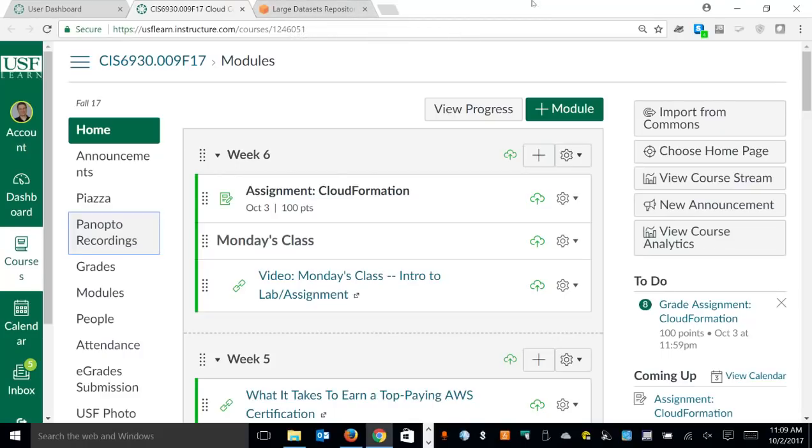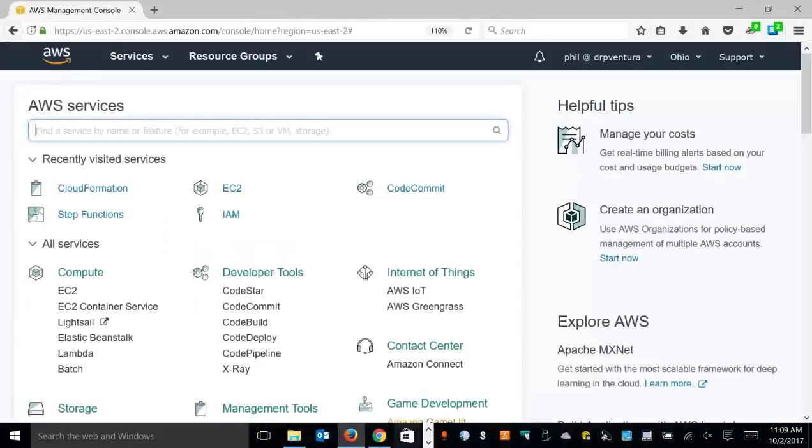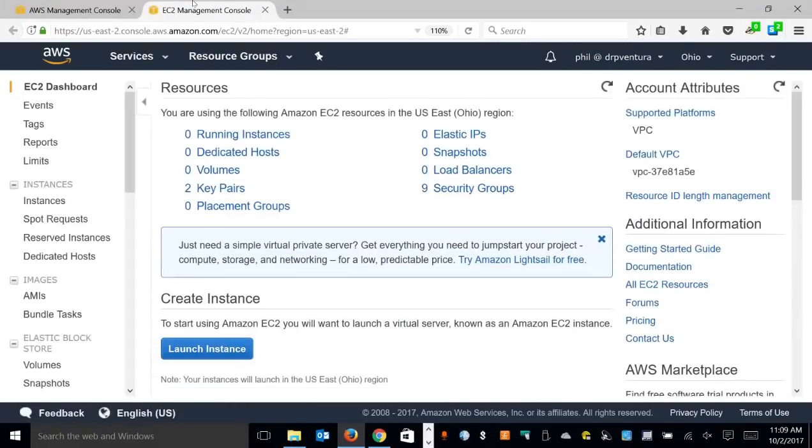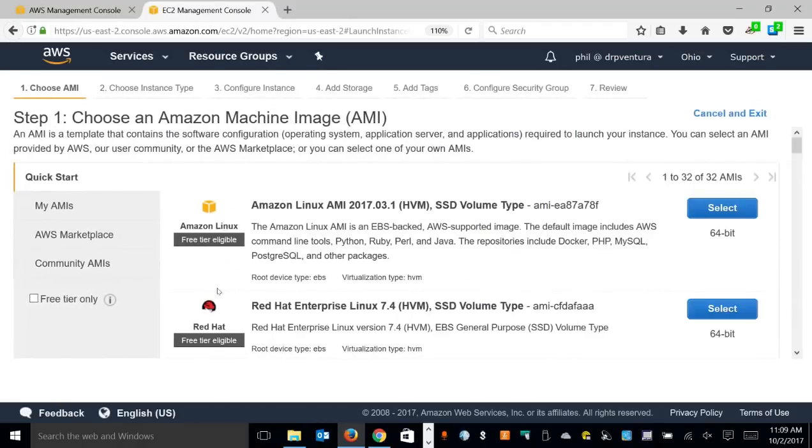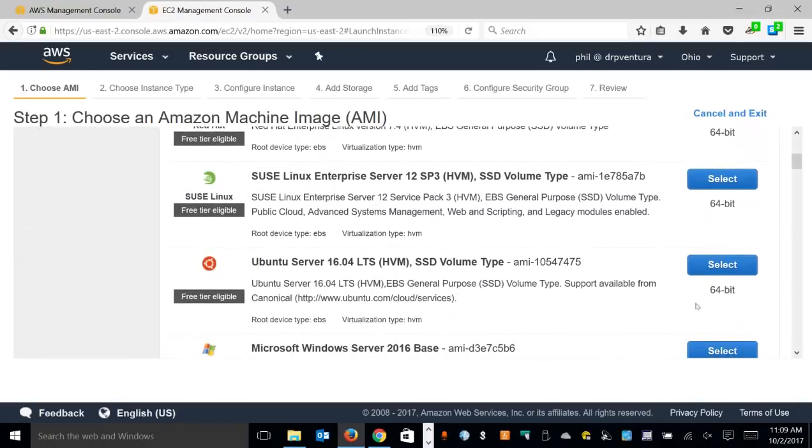So we'll talk about a few different things today. That's the first thing I wanted to show you. We've been dealing a lot with CloudFormation, and you're still working on your assignment for configuring a number of systems using CloudFormation. Today I wanted to talk about another way of dealing with this issue of doing configurations so that you can spin up other machines off of that. Let me go ahead and create